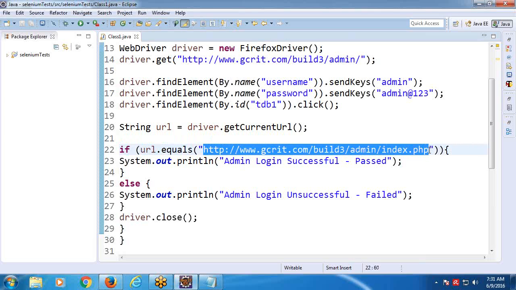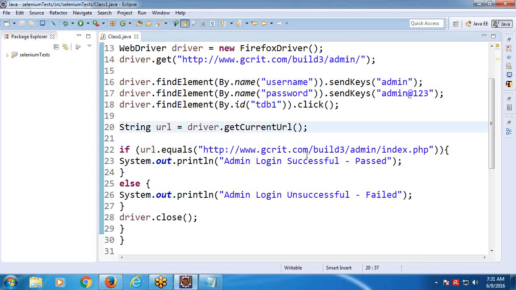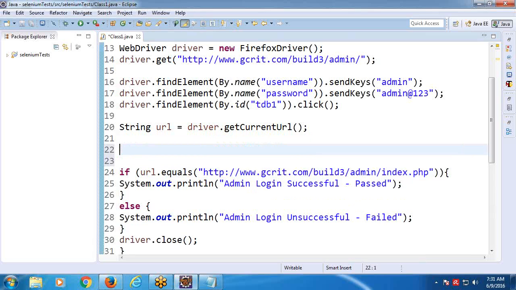Here, write one independent condition. If not URL dot equals